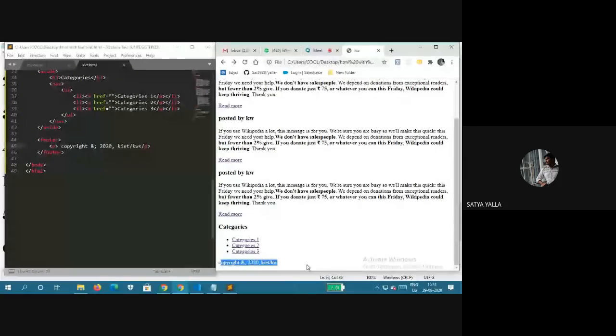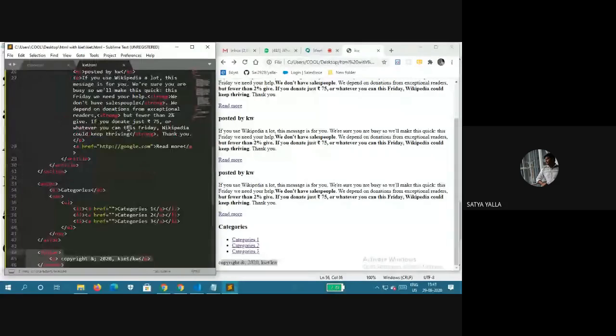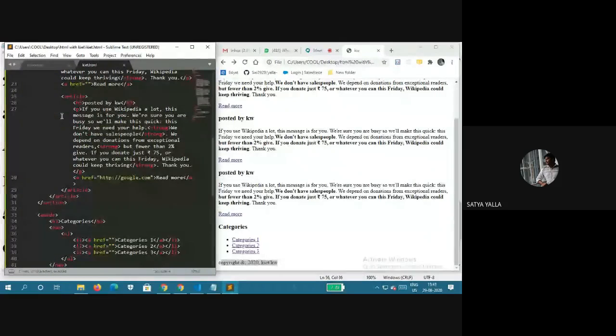The footer is nothing but, when you mention a footer, you have to mention it at the bottom of the section, but it will give you here only. That's the footer. It means it displays only below your web page. It's nothing but the copyright information or the blog post or whatever it may be.